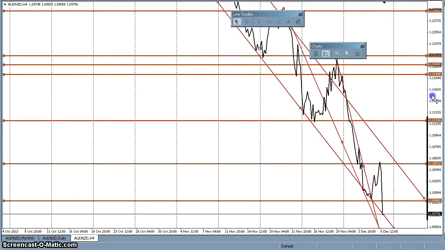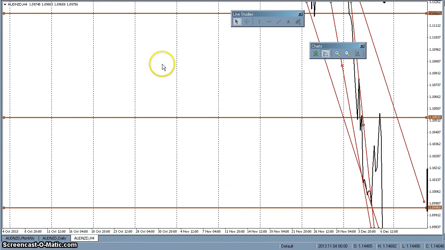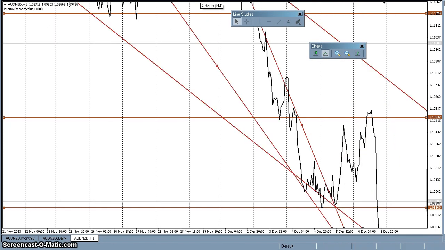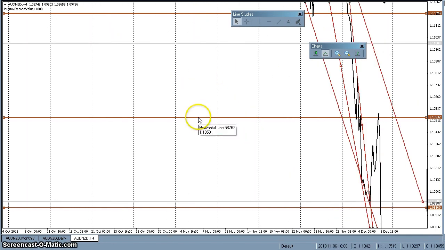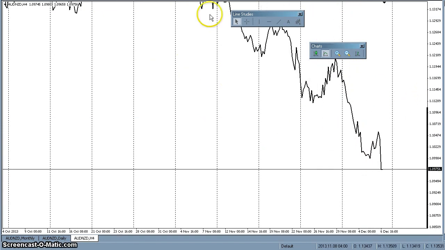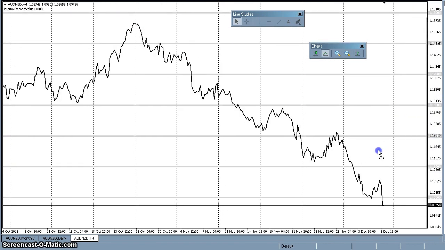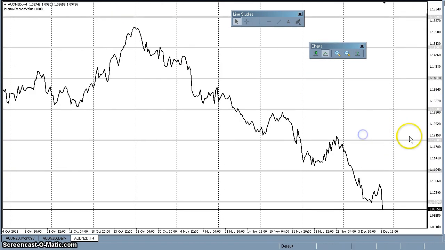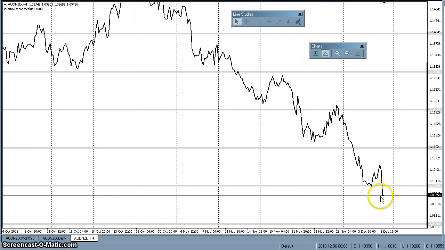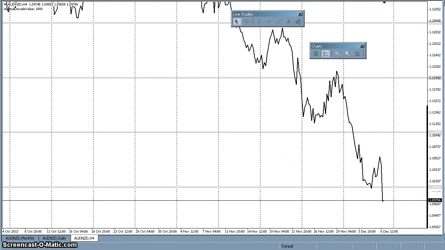But so here's the steep view, and now I'm going to turn on my risk indicator. Here we go. So this is my risk indicator. I'm going to come back, start over from scratch here. So here's my risk indicator, which shows how much I'm going to risk on this trade. Well, if I buy here a little bit below this 100 pip handle, which amazingly it bounced off of,